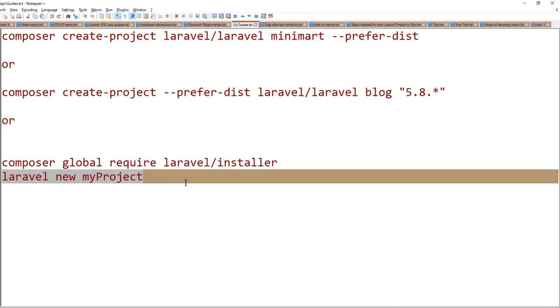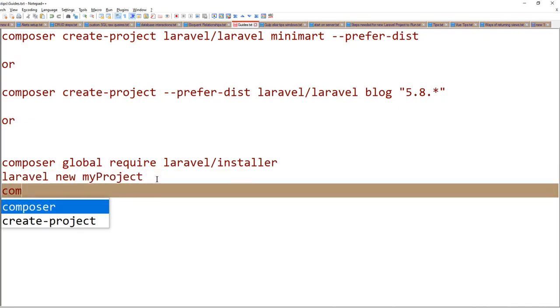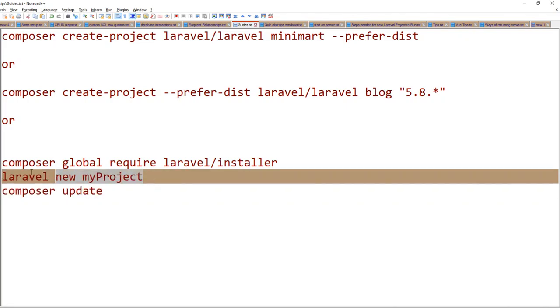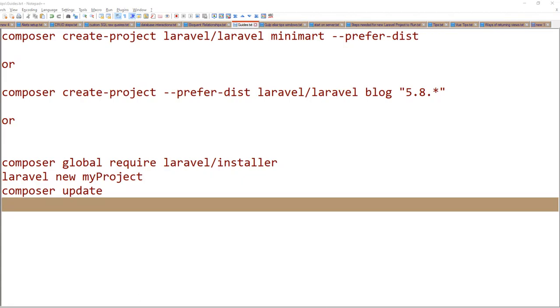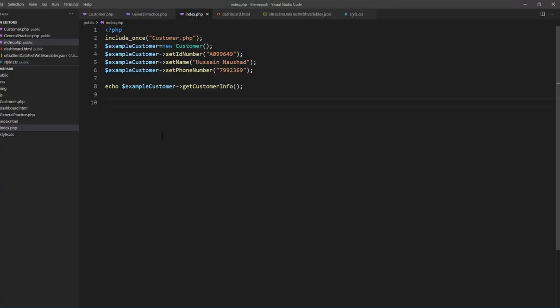And one of the things you have to do, if you create it this way, is after you create the project directly, you have to go into the folder and update. So you have to run Composer update after this. Composer update inside the folder. Yeah, inside the folder. That means you create the project, then you open the project in this Visual Studio Code